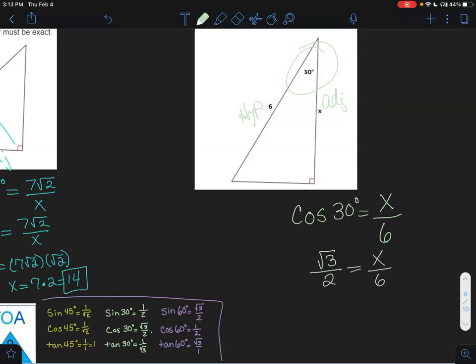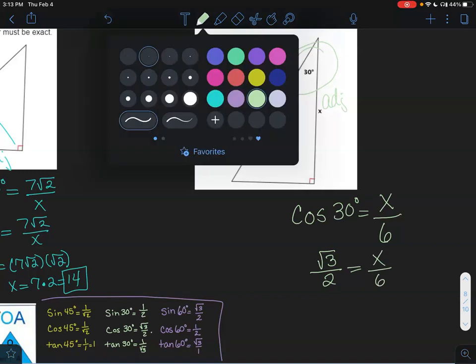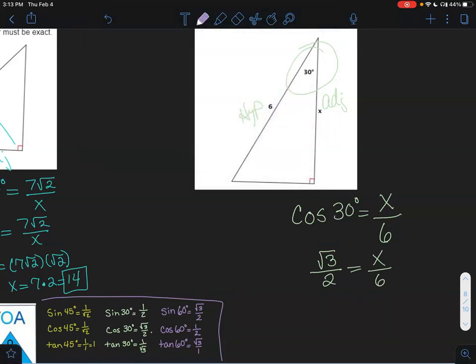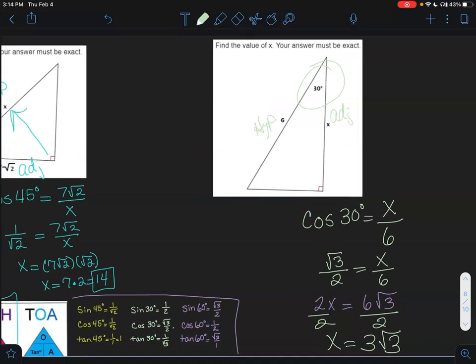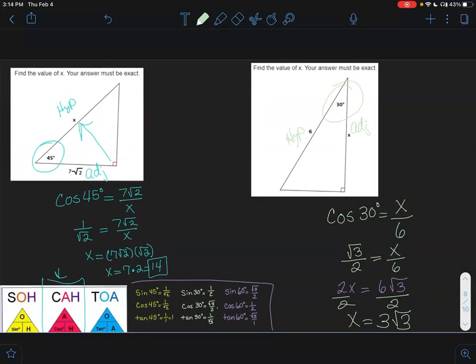And what we'll do here is we'll go ahead and just cross multiply. So I end up with 2x equal to 6 times the square root of 3. Divide by 2. And 6 divided by 2 is 3, so x is 3 square root 3. And we're done. I hope that helps a little bit and maybe makes the 30, 60, 90s, and 45